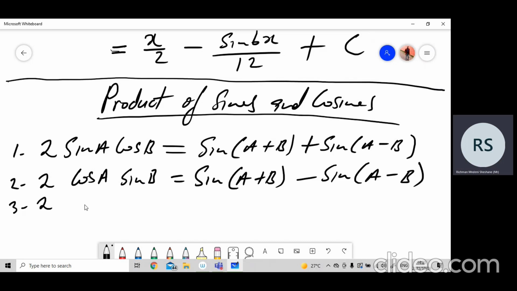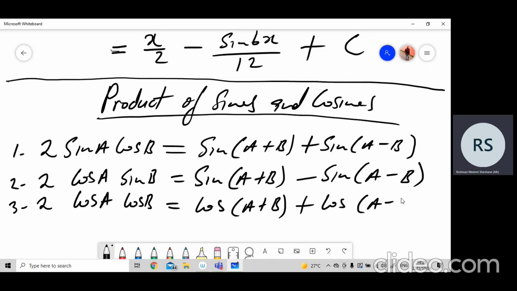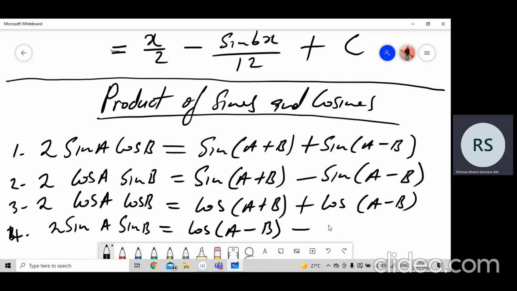Just know how to apply them. 2 cos of A cos of B is equal to cos of A plus B plus cos of A minus B. And the fourth one is 2 sine of A sine of B. This is equal to cos of A minus B minus cos of A plus B. Okay. You only use these four formulas